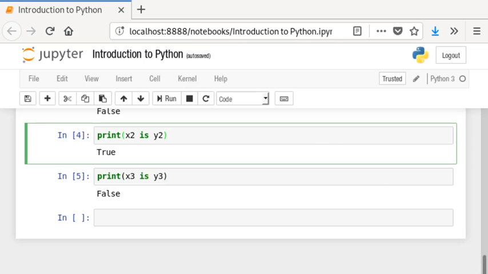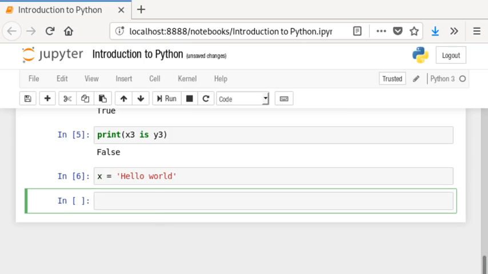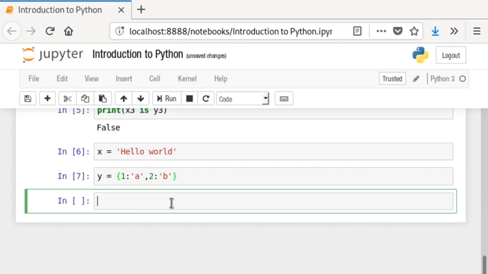Let's take an example. I'm going to declare x equal to hello world. Then I declare a dictionary with key value pairs. Definitely we will discuss dictionaries in later sessions.